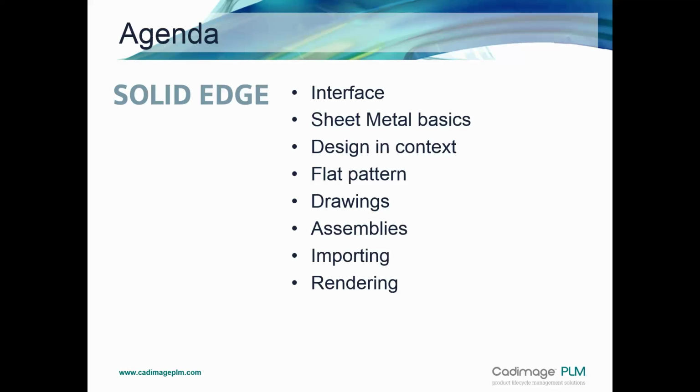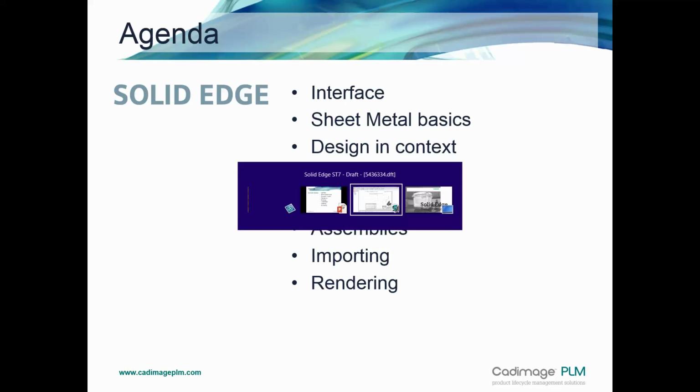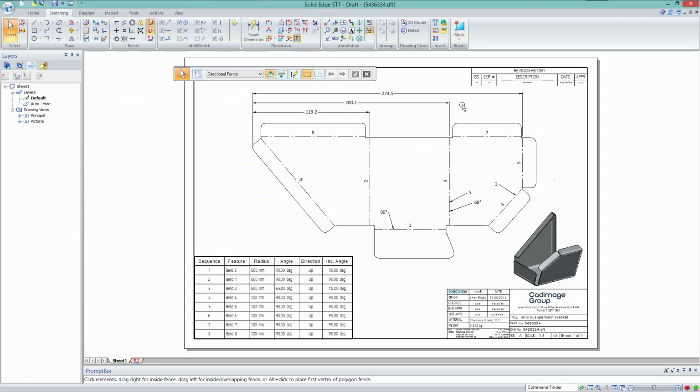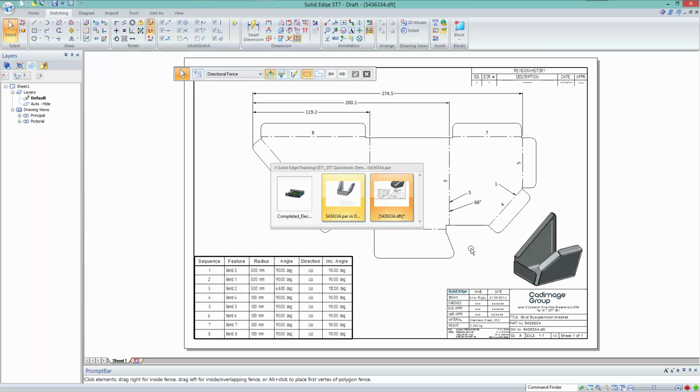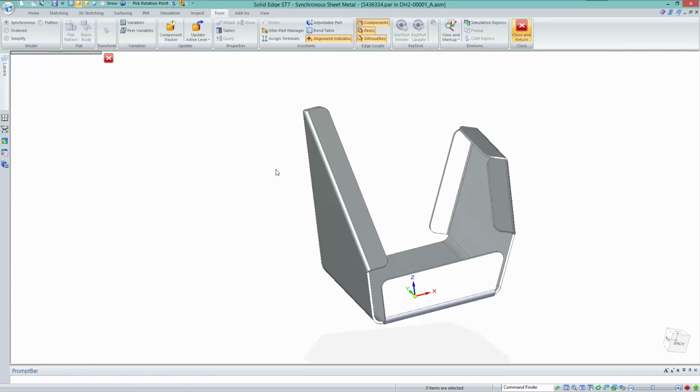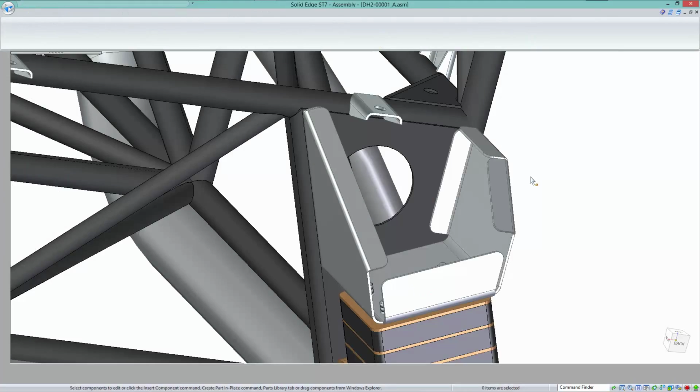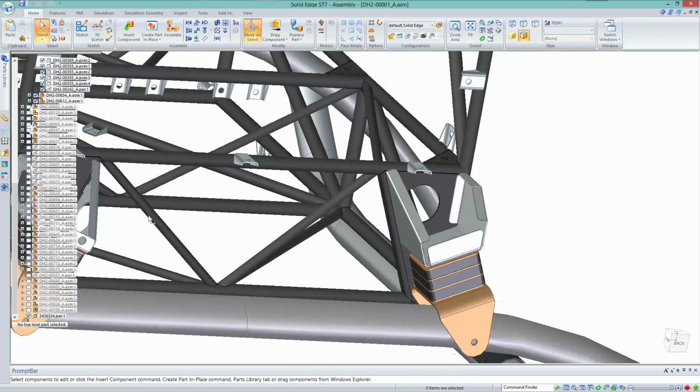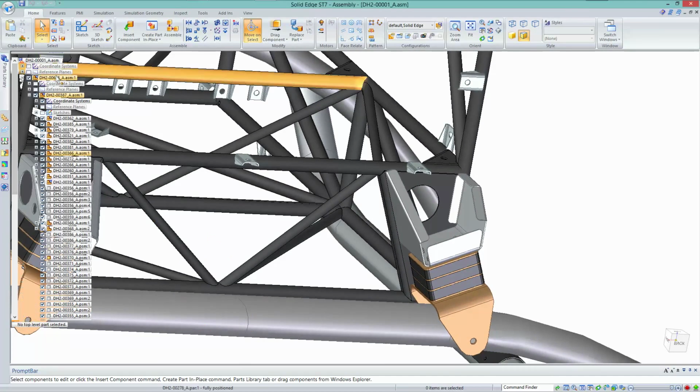So that's flat patterns and drawings. Let's have a look at some of the assembly stuff as well. We haven't really looked at constructing assemblies. We'll run a simple example here, so we'll close and return. And what I'm going to do now is we will go ahead and just again show